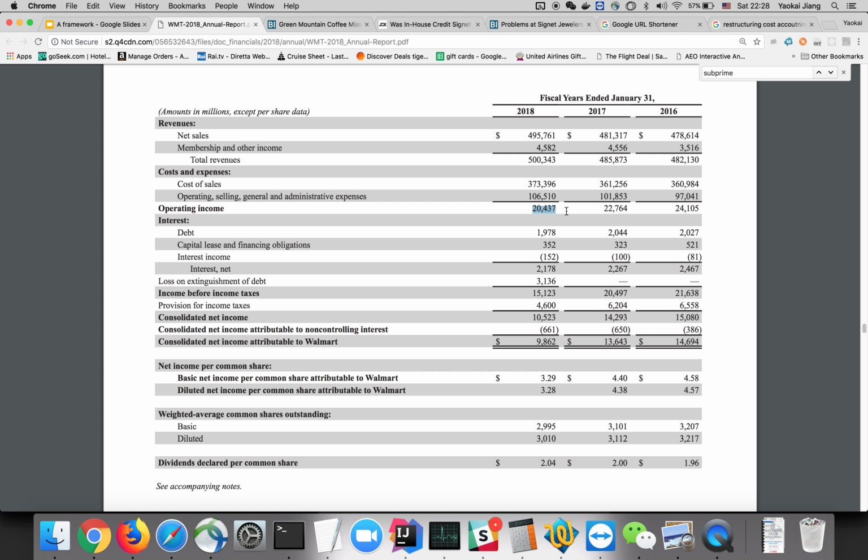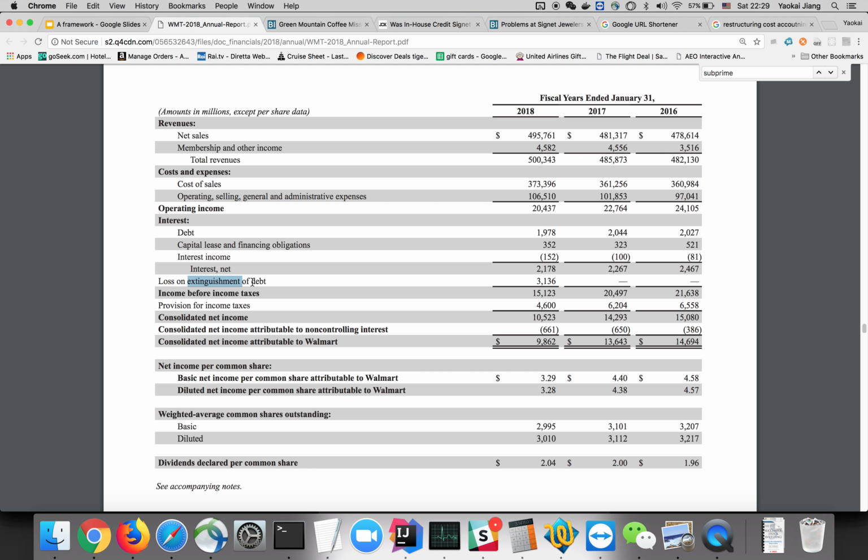You have operating income, and then from the operating income you take away the interest you pay on the debts, and then the other thing you have to pay, the capital lease, which is basically, for example, the building that they're in sometimes is leased. That's a capital lease. And you have total interest payment, and then some other kind of loss, which is one